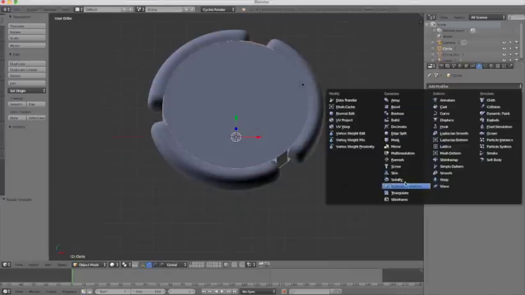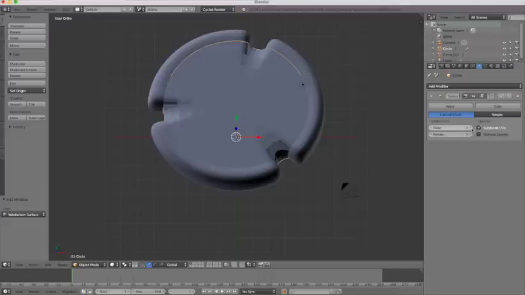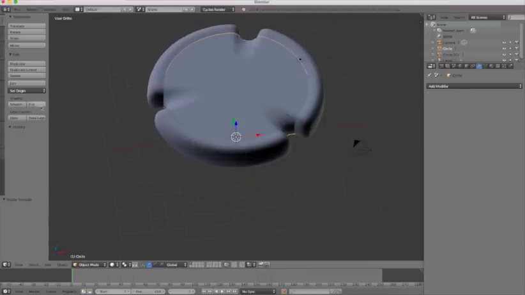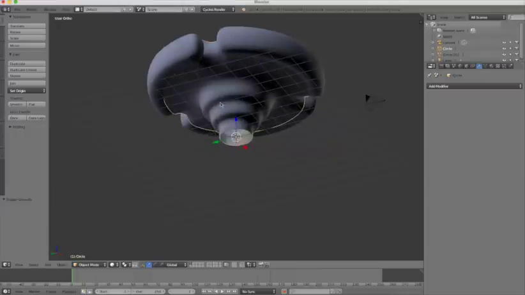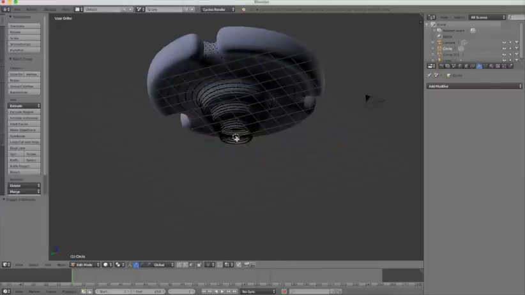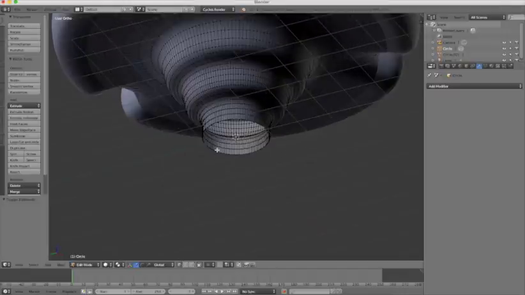Press Add Modifier, Subdivision Surface 2. Make that to 2. Make 3. Apply. Then press the Smooth button. Now we will make a material. Before we make a material layer, press to the tab, press to the vertex, press Shift Alt,